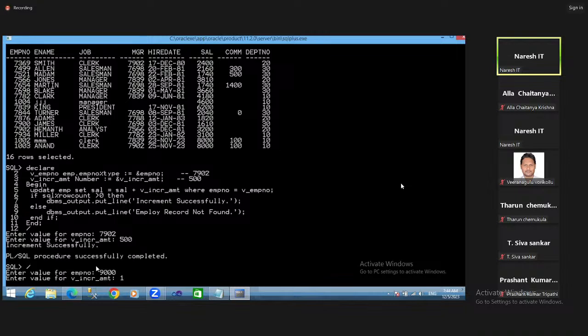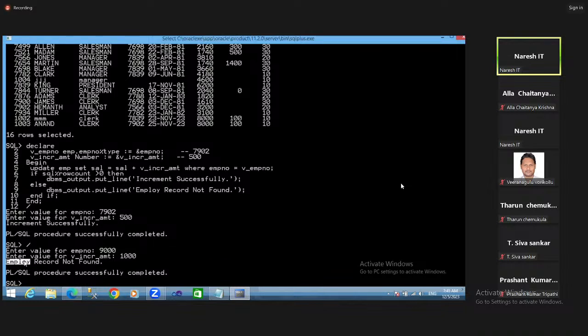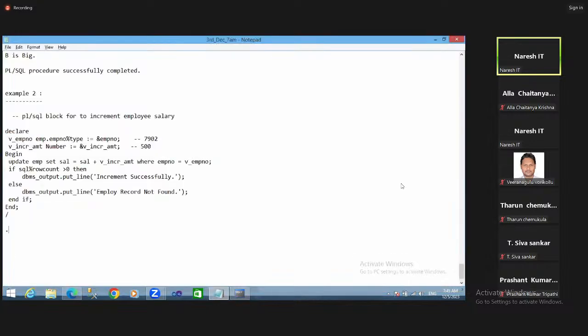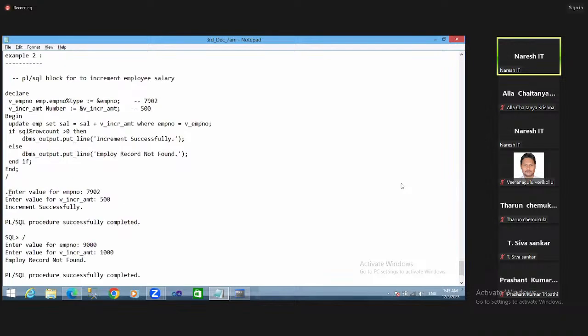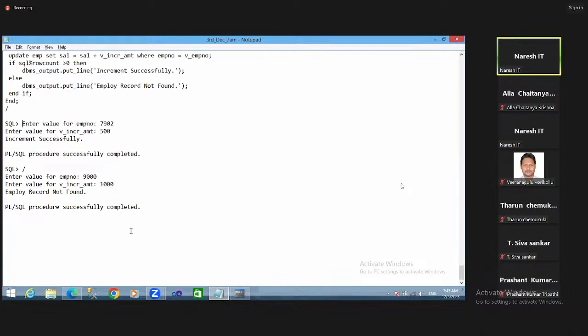For another employee record, 1,000 rupees increment. Employee record not found, simple case. This is an example of if else. Okay. Next, the third one is